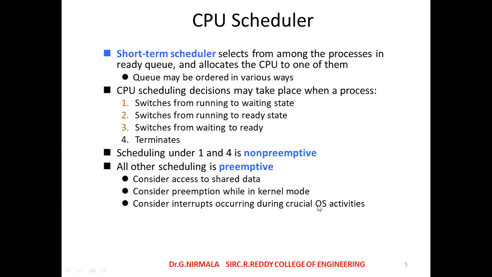For example, in memory you have P1 to P10 processes, 10 processes in waiting state. For example, the first process will be assigned to the CPU. The remaining 9 processes must be continuously in the waiting state. It may be hours or days. If the first process takes a short time, then it is easy to move to the next process. For example, it may need 3 days to execute. Until the completion of the first process execution, that 3 days, all remaining 9 processes must be in the waiting state. That is the drawback. At that time, the OS will take one more decision and scheduling will take place.